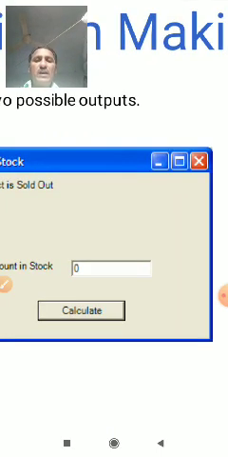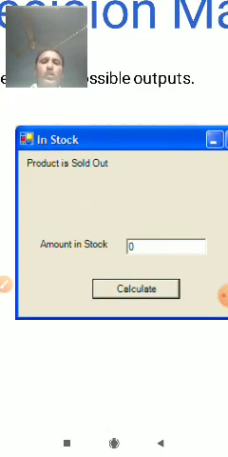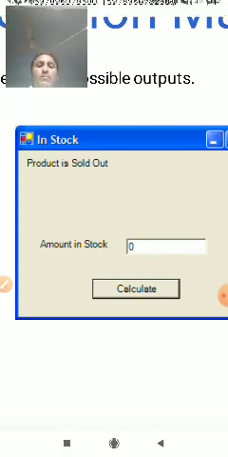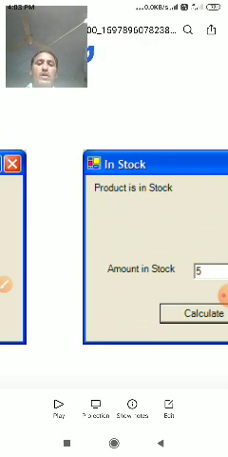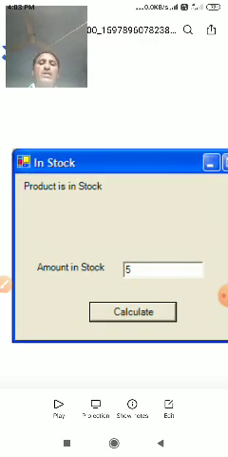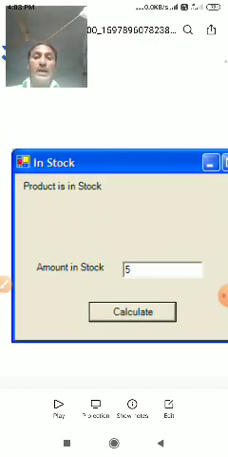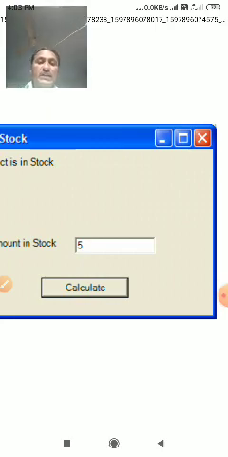In this form, the amount of stock is 0. When we click this button, the calculation is done. With the amount of stock as 5, the result is given in this box.